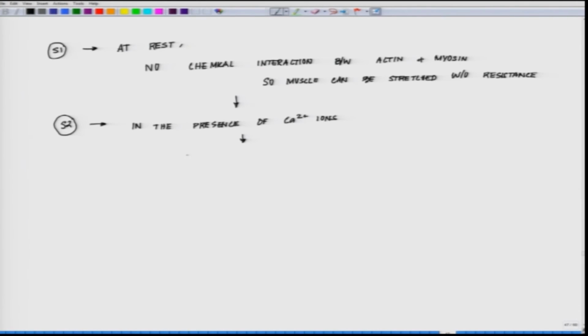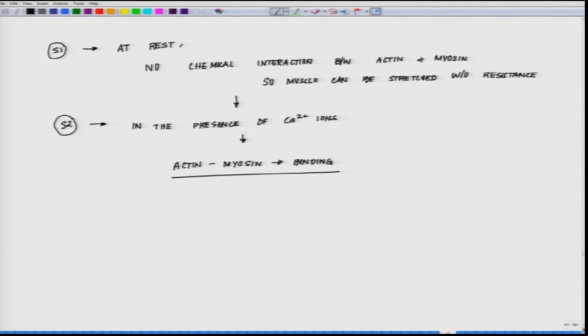The actin and myosin bind strongly to one another. Actin and myosin binding happens. We will come later to all these bindings and the generation of the power stroke and all that stuff. Okay. Actin and myosin strongly bind to one another, and it is believed that the binding of calcium ion